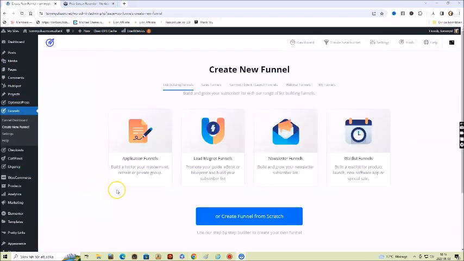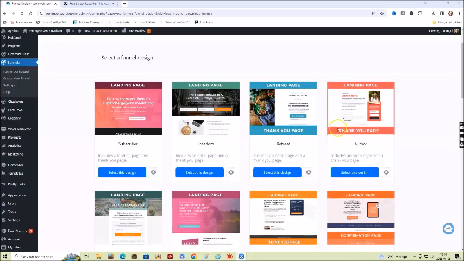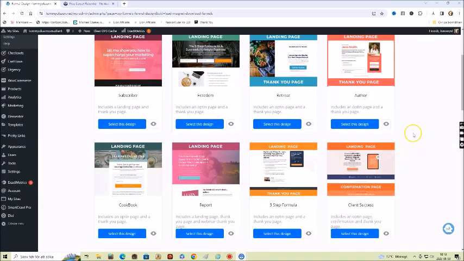You can create a funnel from scratch, but if you're a beginner, I suggest choosing from several themes that you can change in any way you want. When you want to check one out, you can click on this eye sign to preview it. If you have decided on a page to use as an opt-in page, you just click on select.